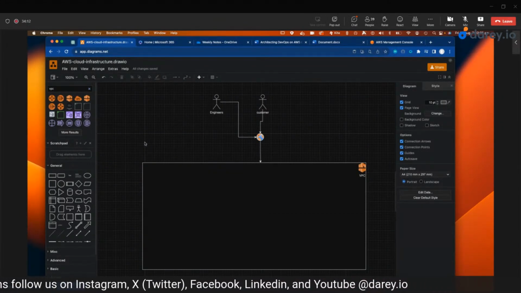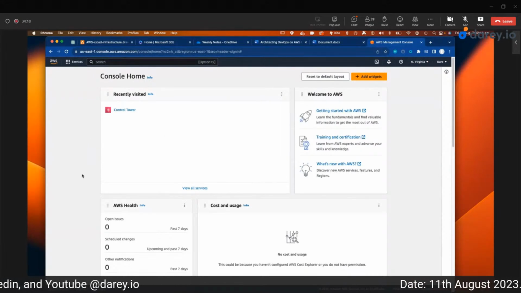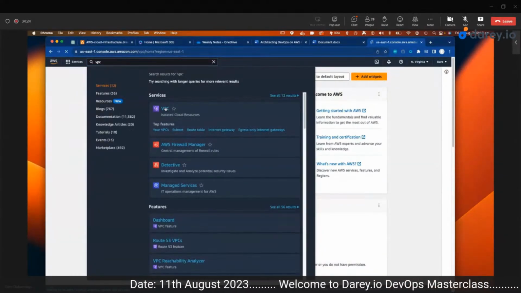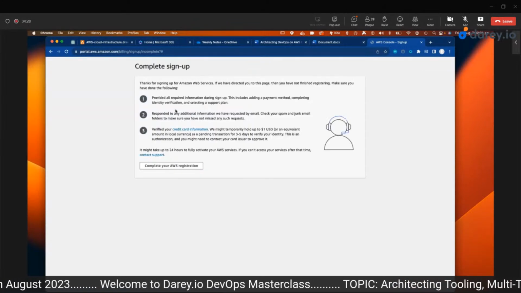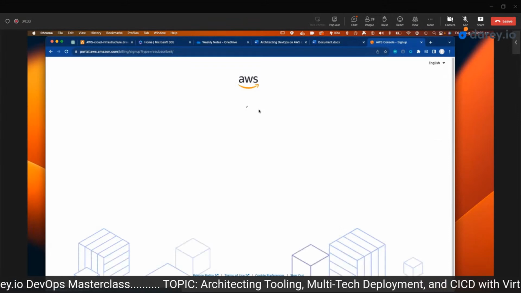Okay, it's one thing to connect to the AWS console like this. You can see here, I'm just logged in. And then in here, I can go to the VPC section and create a VPC. But the fact that I create a VPC here, okay, this is a very new account,